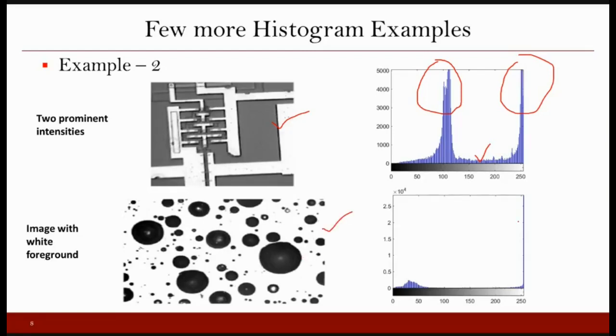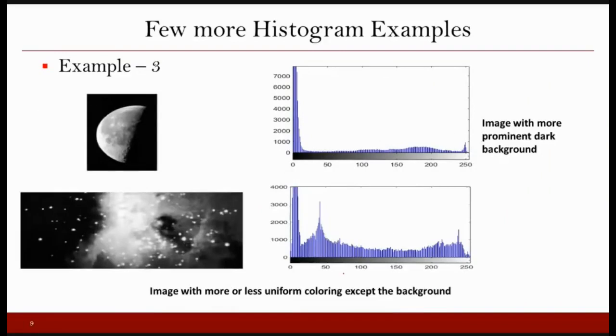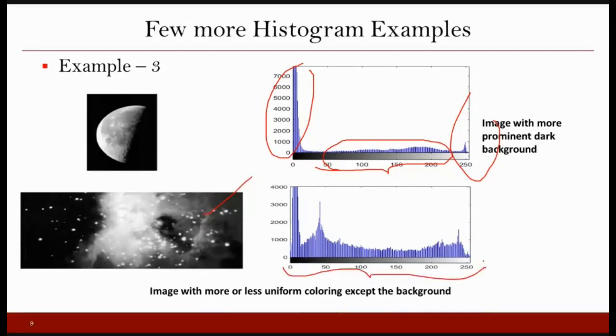Similar is the case here. You have some black pixels and some white pixels. White pixels are accumulated here, and the black pixels are accumulated here. And there are a few pixels, if you can see, also lying in between. In this image also you have white and black pixels, so black are here. And this white is not completely white, so that is why you see a lot of pixels here, but here many of the pixels are even lying in this range also. Similar is the case here. You see a kind of mixed histogram.